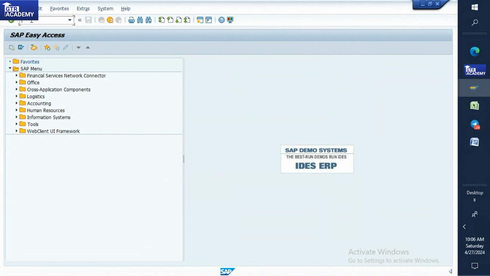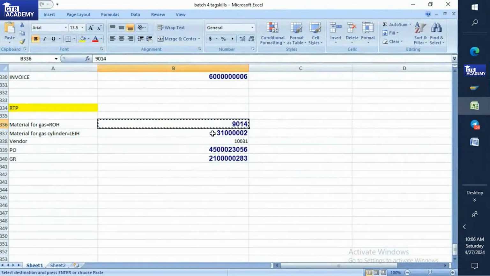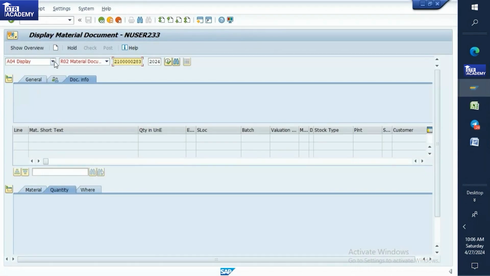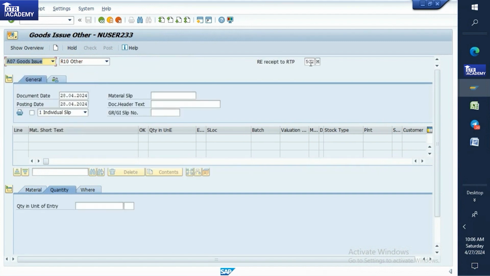The cylinder you have to return. So what is the next step I have to do here? I have to issue the cylinder back to the vendor, right? So what I have to do? Just a second. Go to the goods issue and